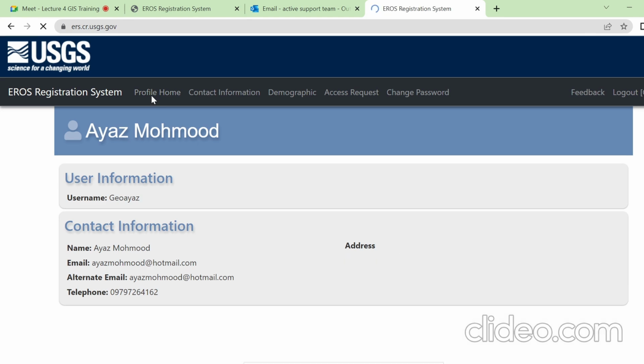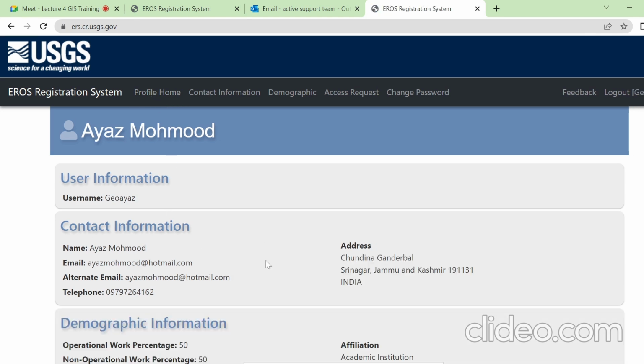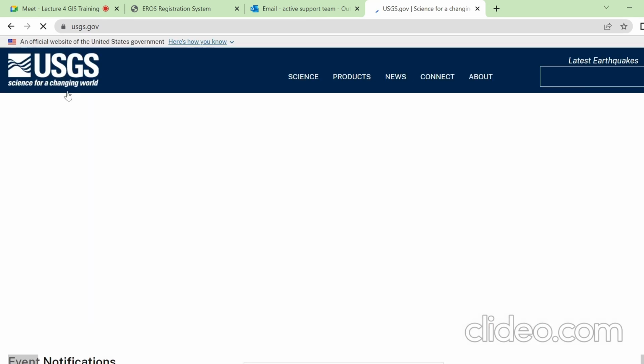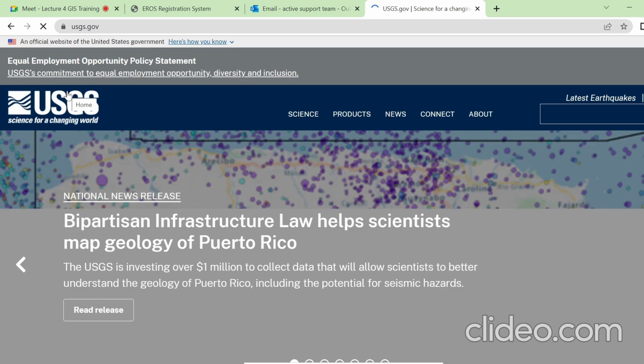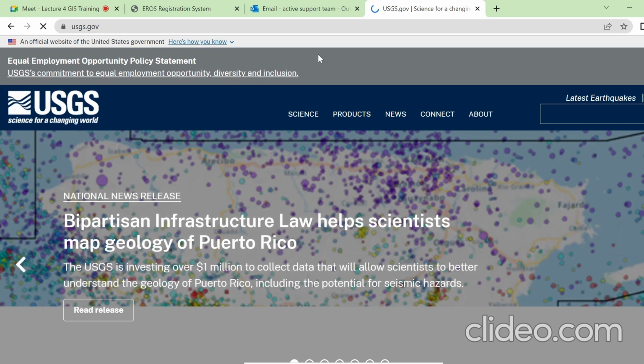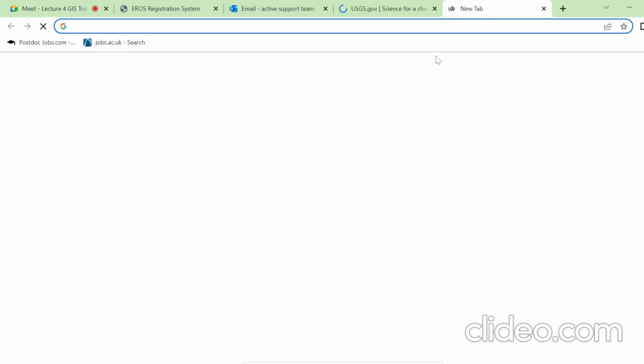Go to profile home and see what else is there. And now straight away I can click USGS Earth Explorer, that is tagged on the top, and it will take me to the website, or I can simply again go to Google and see US